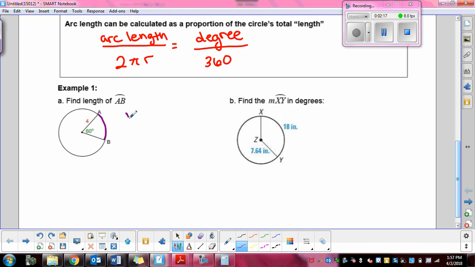My arc length is what they're asking me, divided by 2 pi r, but our radius in this case is 4, equals the degree, which we know the central angle is 60, so my arc's angle is going to be 60, divided by the degree of a circle, which is 360. All you need to do is cross multiply. X times 360 is 360x. 2 times pi times 4 times 60. Just multiply it out in your calculator. 2 times pi times 4 times 60, or 8 times 60 times pi, which is, I got